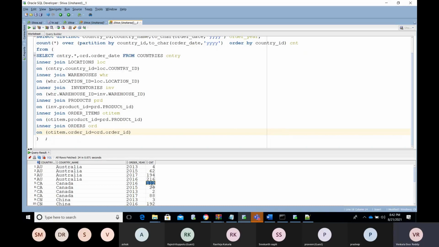So I need the report. Lag function will help you to pull the previous month sale to the current month. Lead function will help you to get the next month data. Now I need to compare the previous information with the current month. So see here, I already put the order here. If I put the order here, see 2013, then I am getting 2015.